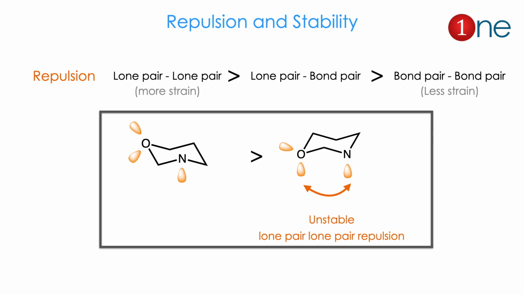Then we will see the lone pair in the system. The lone pair we very well know from VSEPR theory. Lone pair repulsion is very strong and creates more strain, then lone pair bond pair, then bond pair and bond pair. So the lone pair repulsion is so strong that it doesn't allow the lone pairs to be in a direct repulsion position. So the ring can flip and push away the lone pairs. The stable structure will always have the lone pairs opposite to each other, so you should draw the lone pairs opposite to each other. It creates exceptional stability.